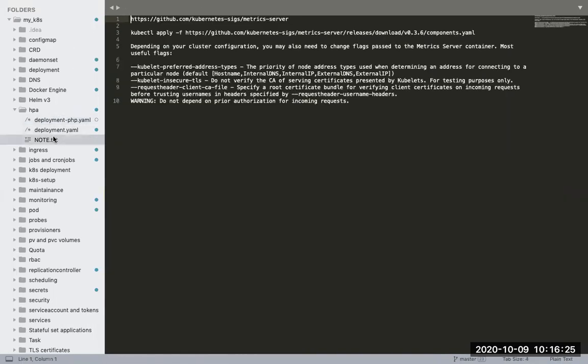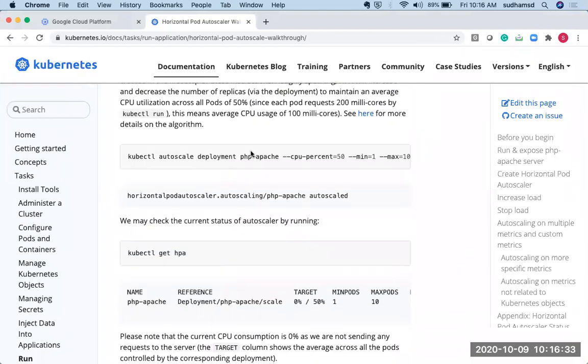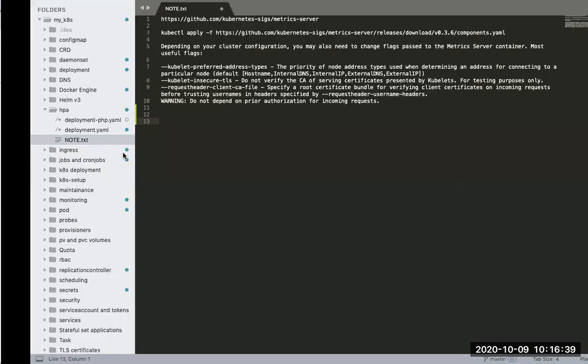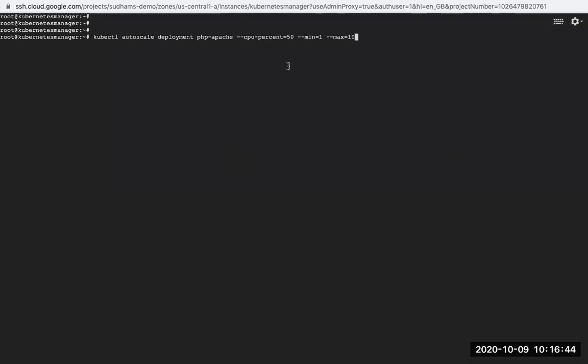In order to apply the horizontal pod auto scaling, we have to use a command. I am specifying this, and this is the command which we are using. Now let me explain. CPU utilization 50% in the sense, what? Right now you are using some amount of CPU for that particular pod. Let's say you have only one core CPU on that node, and you are saying if it reaches 50% of that one core CPU utilization,